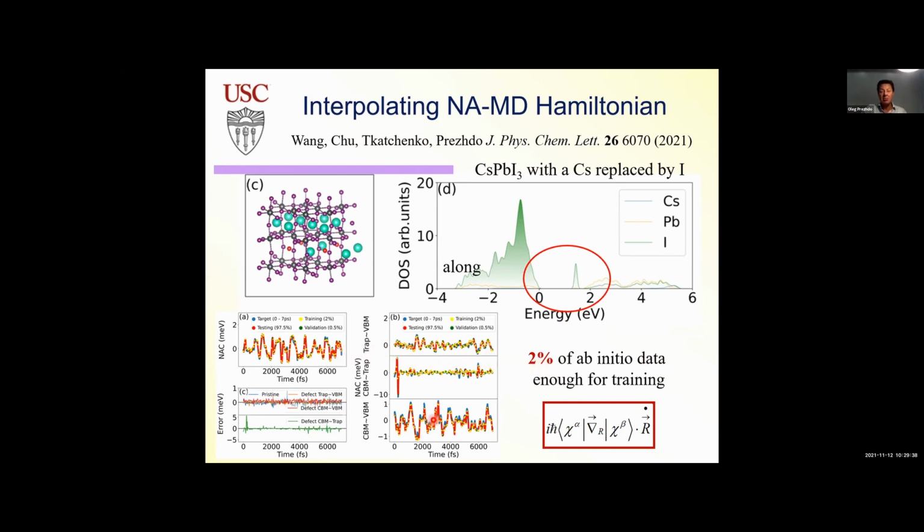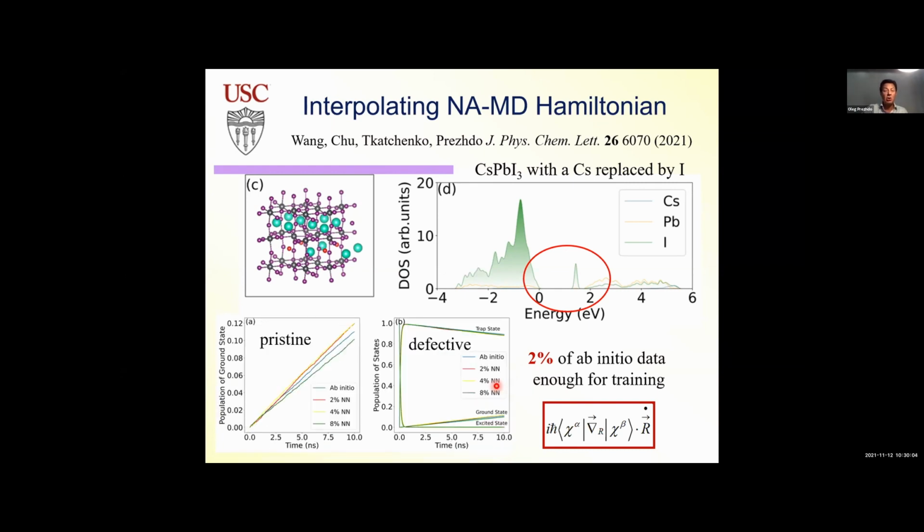In this case, there are 3 couplings and one, and this is the pristine system, with similar information from the band gap that I'm not showing. So we're able to sample ab initio only 2% of points along the trajectory. So if we run a 7 picosecond long trajectory, we only need 1%, which is 70 points, or 140 points, of ab initio data to be able to get good results. And this is the results I'm showing you.